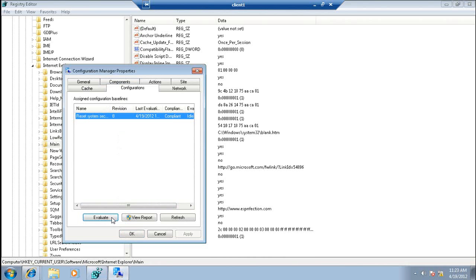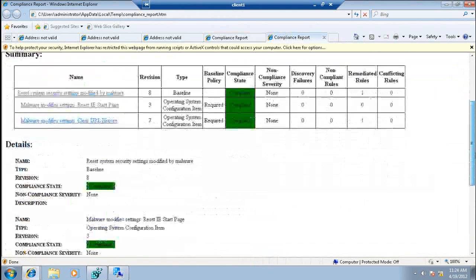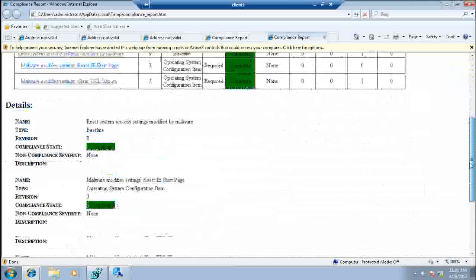So let's see if this configuration has been updated, which revision we have. Let's evaluate this again. Okay, now it's showing compliant. That looks a little better. And good. So this time it worked because I set that value. So what you'll see now in the registry